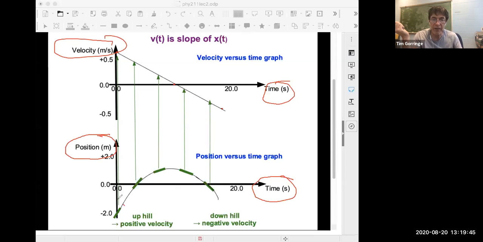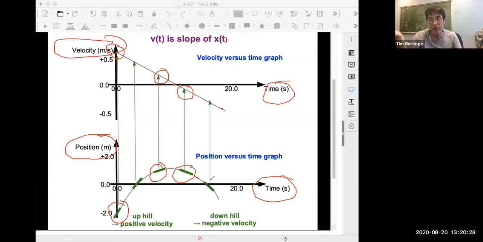So if you look over here, the slope is upwards on the position versus time, and it's pretty steep. And that means a large positive velocity up here. At this location here, the slope is still upwards, but it's a shallow slope, and that corresponds to a smaller positive velocity. Now over here, at this point, the slope is downwards, the opposite direction. And it's still pretty shallow though. So that would be a small negative velocity here.